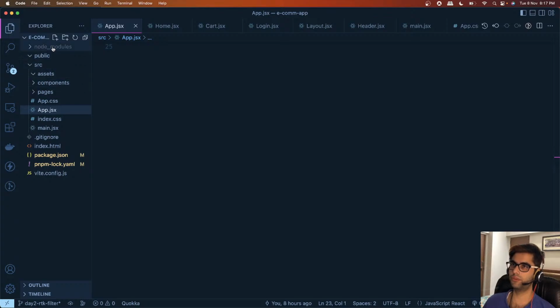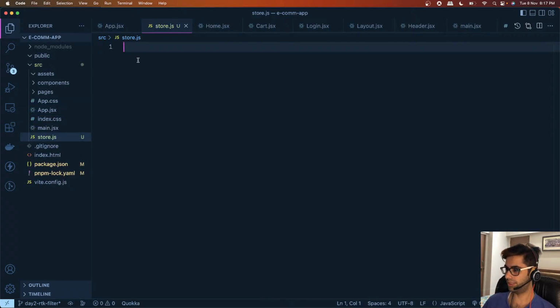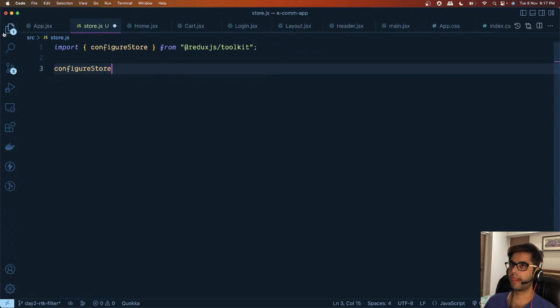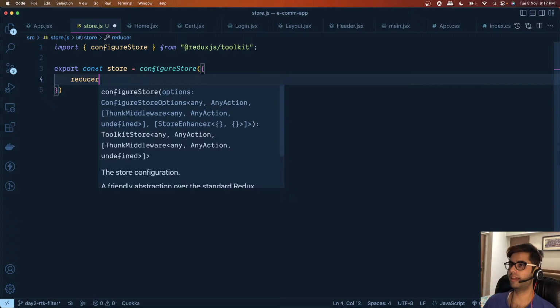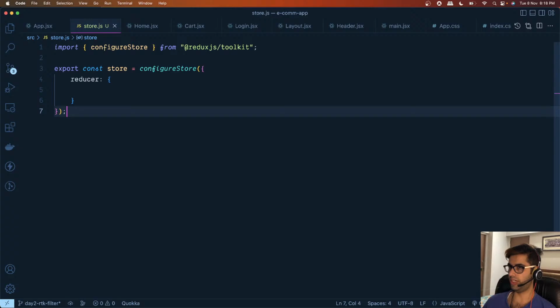Now let's create a store. So we will create a file known as store.js, and here we will import configure store from Redux Toolkit. Here we'll say export const store equals configureStore, and what this accepts is a reducer object, and here we pass different reducers. All right,